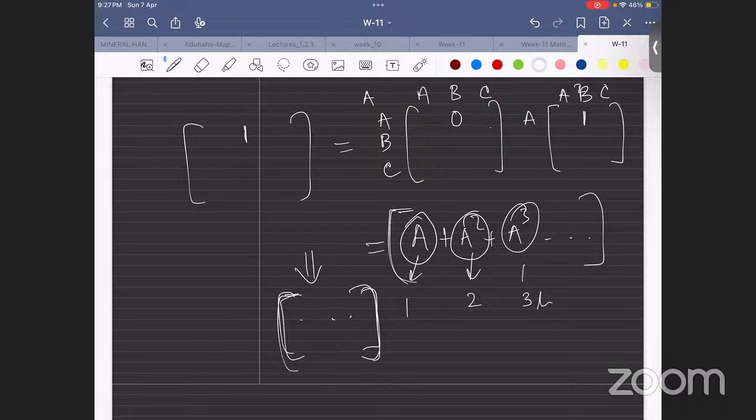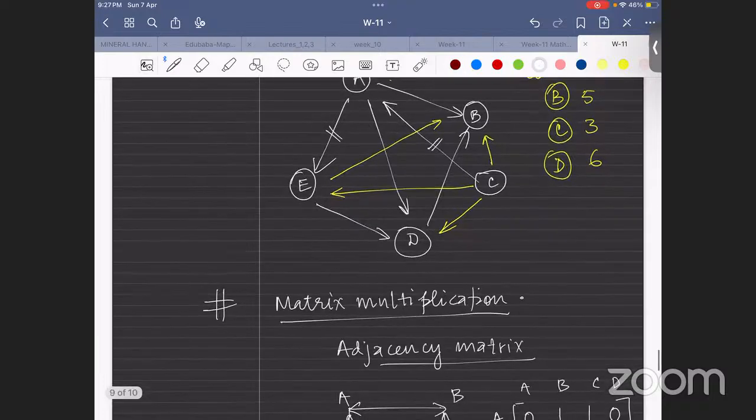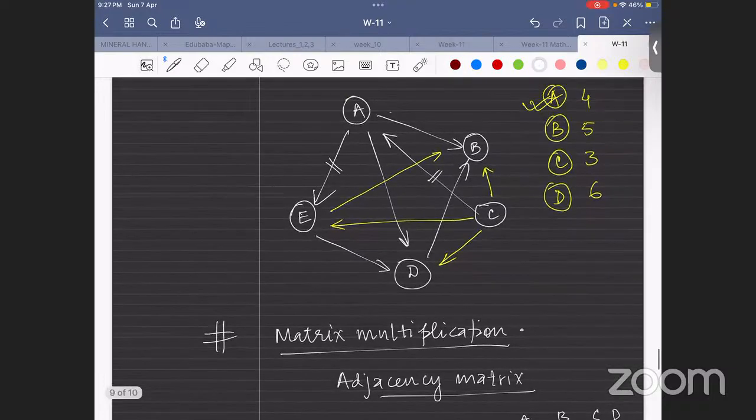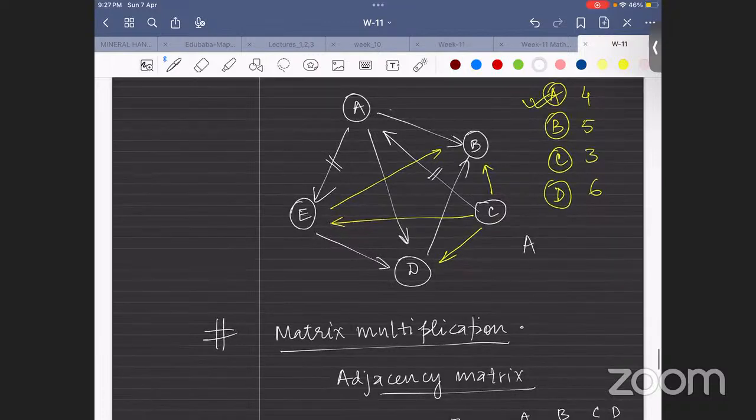Did you get the idea? Yeah, so you can see in this plot, in the transitive closure, if you write A for the adjacency matrix, for C to D of A it will be denoting 0, right? Correct? And for A cube, it will be showing from C to A, one length, then